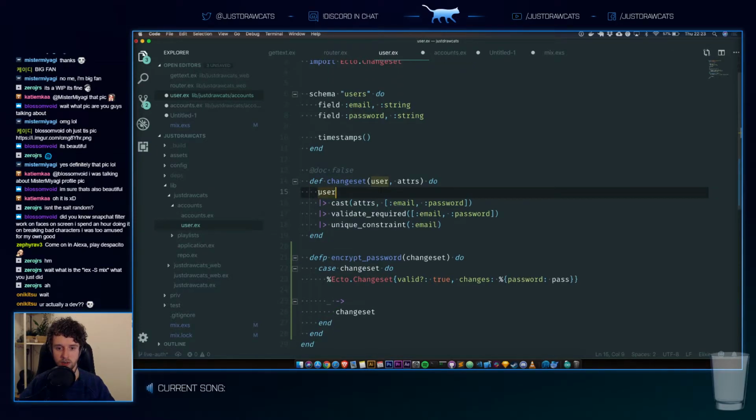So we basically tell, okay, you're going to get me a user, and then I'm going to first check a couple things. Before we can save you in a database, we're just going to do a couple of things before we save it in the database, right? We need to do a couple things. First, we need to cast our attributes. So whatever you're sending,